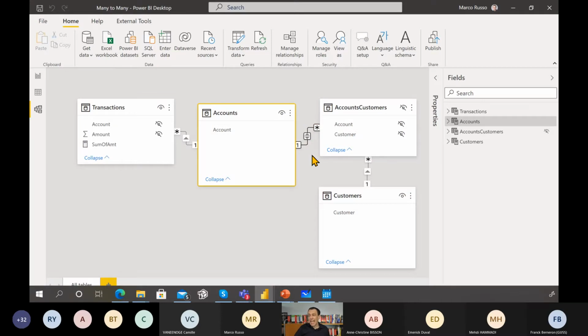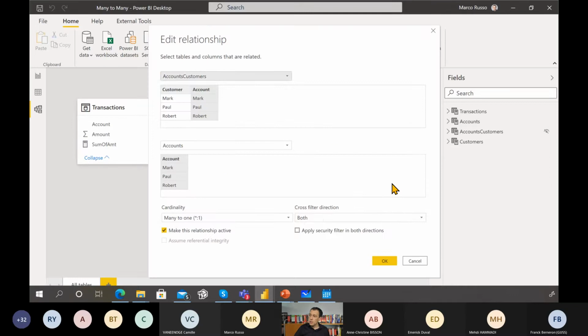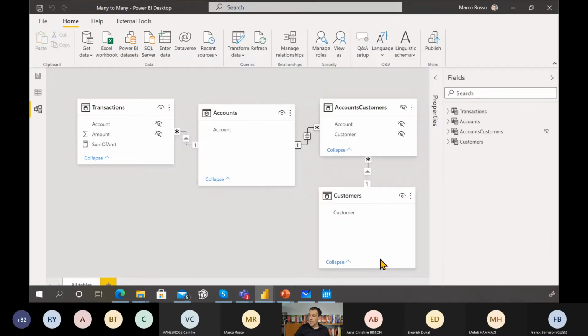So even though we like the ability for the engine to apply this bidirectional filter and automatically get the result we expect, it's a best practice to not enable this bidirectional filter in the model. But it's a best practice to enable this bidirectional filter only in specific calculations we want to obtain, but for specific